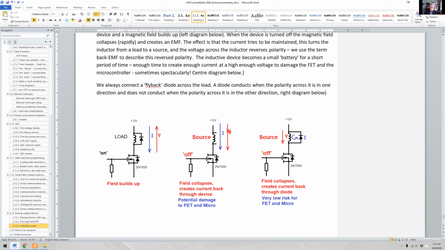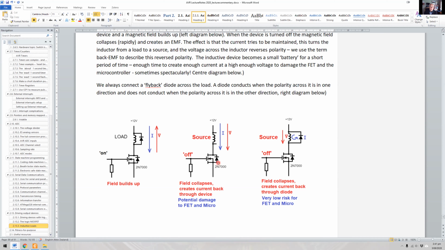And what that means then is that we've got a voltage in this direction here, and this point here becomes negative with respect to 0 volts down here, and the current will actually conduct to ground